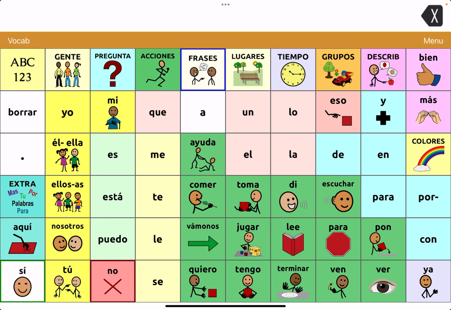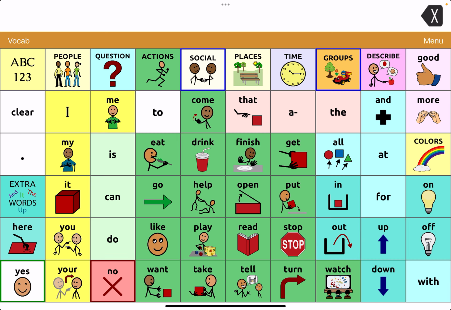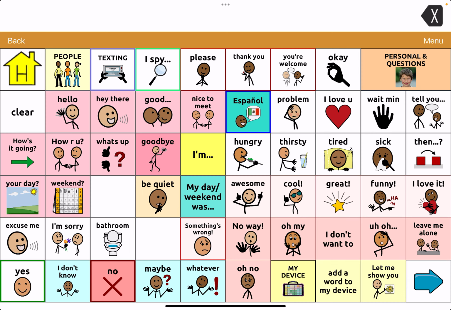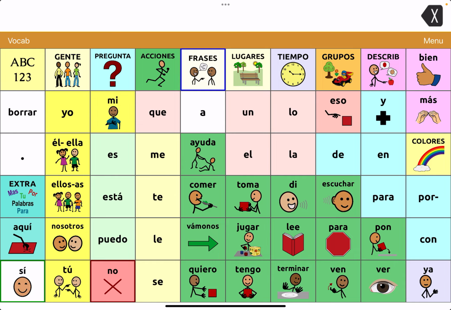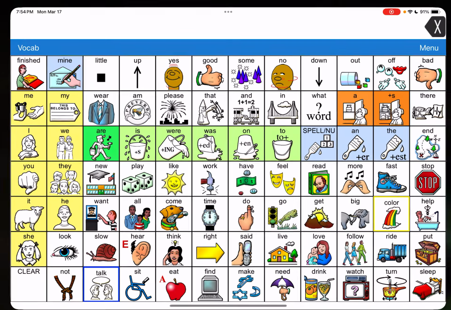Go back. So yeah, I created my toggle under the social area because that was a location where that button lived in the same spot and was open. So that's how I did it in TouchChat. In LAMP,